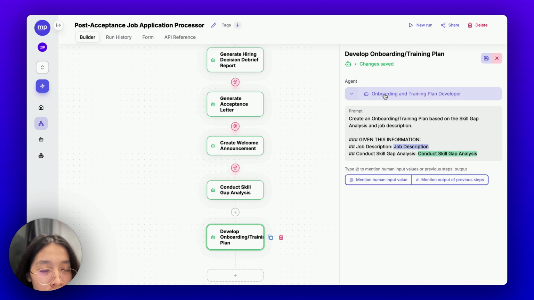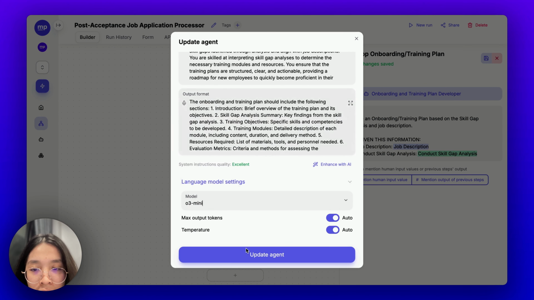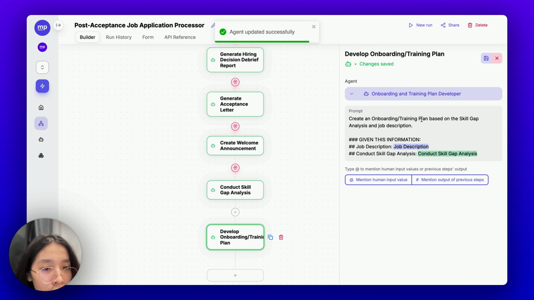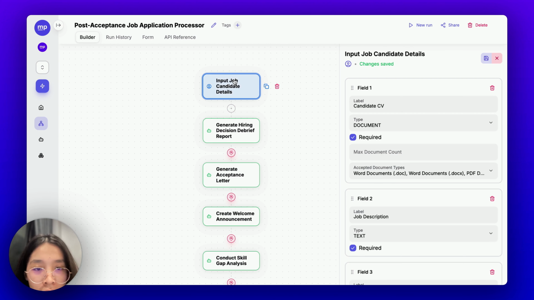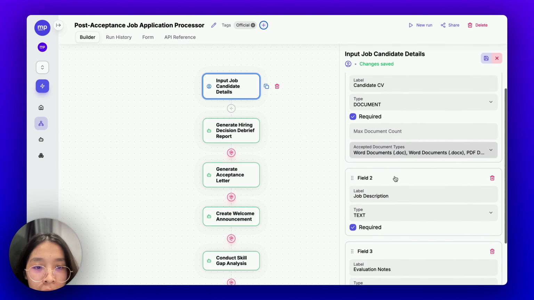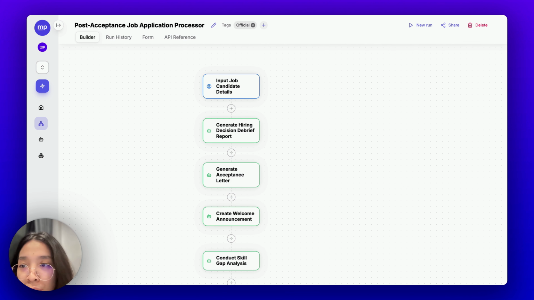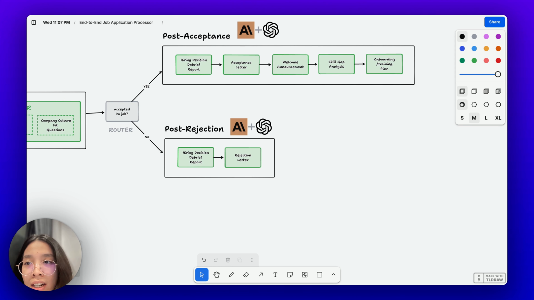After which it will use the onboarding and training plan developer powered by O3 Mini to create an onboarding and training plan for this accepted job candidate. This is job description, skill gap analysis. Yeah, I think so. I think it is ready to go. So let me mark this as an officially live workflow. And let's move on to the last workflow that we need, in this case, the post-rejection job